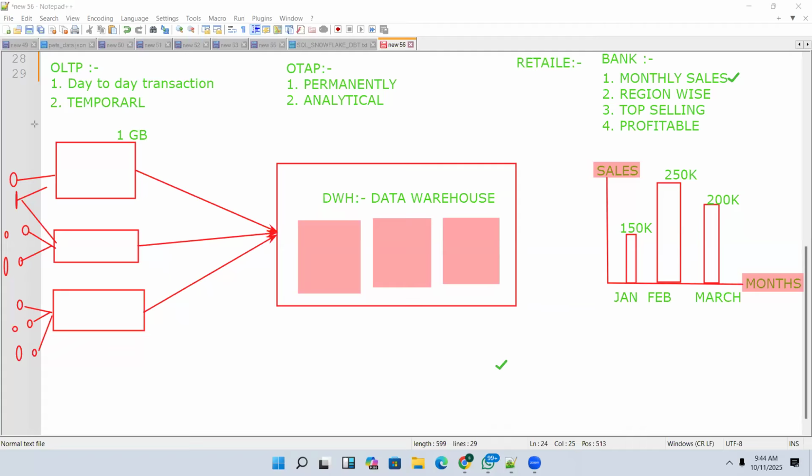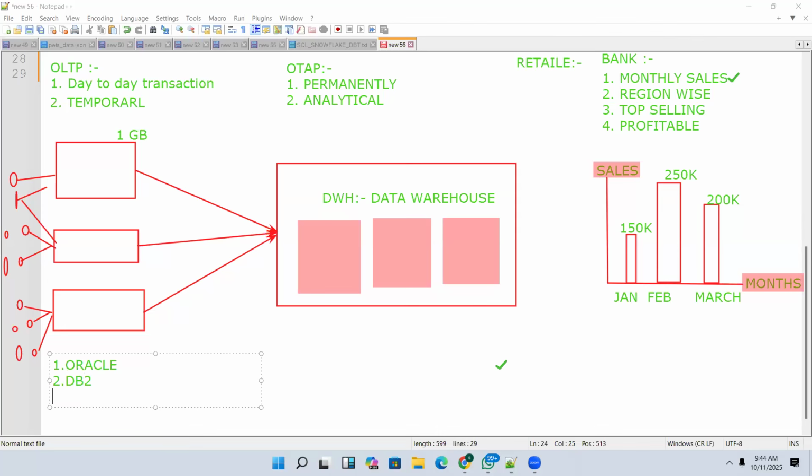Here OLTP is a database. This is mainly to maintain the day-to-day transactions. If I tell you some example databases available as part of OLTP, you have heard of Oracle and DB2. Have you heard about DB2?